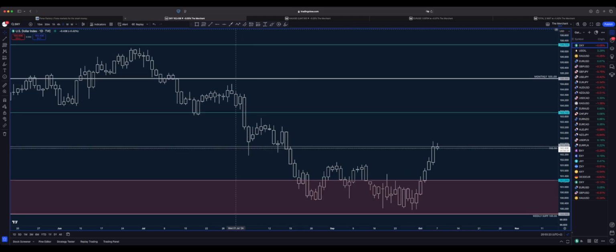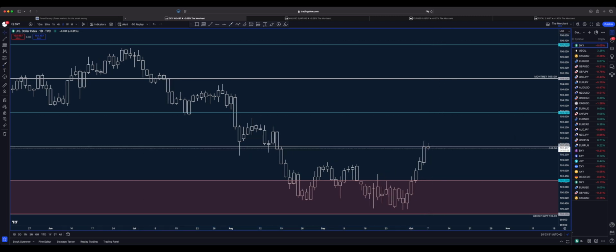What we see here, guys, is this level, which is 102.5, where price was showing support here. Price broke below, came to retest as a resistance, and then was just consolidating, as you can see here. And right now price is coming to retest the 102.50 again and showing some rejection on the daily time frame. So it's very important to see what is going to happen at this area.